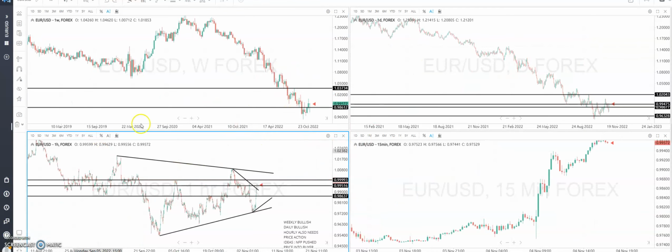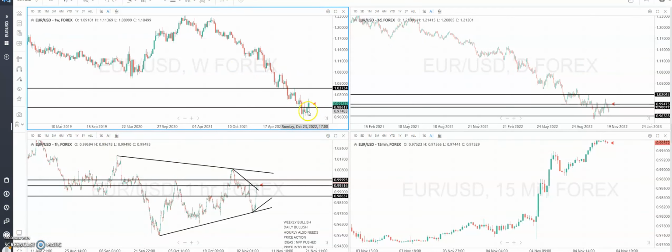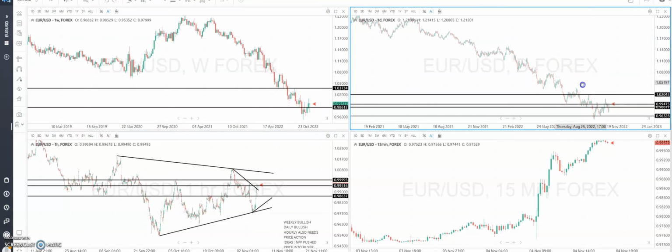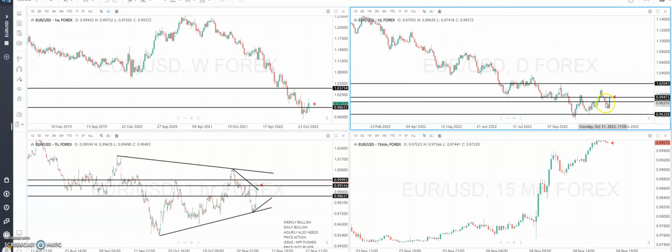Euro USD, similar story. We dropped, clicked back into value on the weekly chart. Kind of called this last week, but it didn't happen until later in the week. I said we wanted to take out this level and then move up. If you see on Wednesday, we did take out that level and move up, but we didn't get that strong